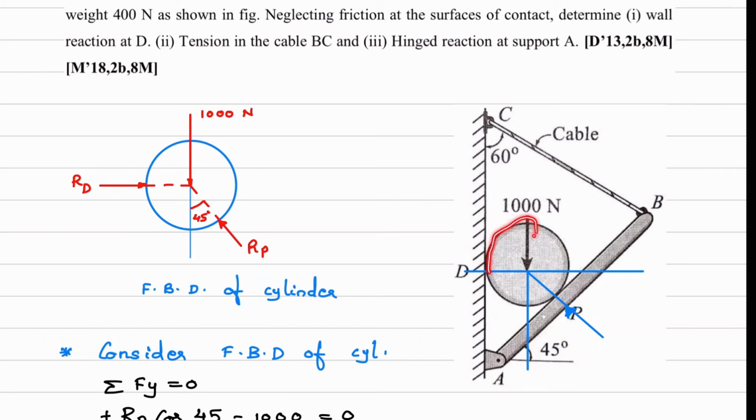Now to this cylinder, we have drawn 2 tangents. This is one tangent and this is the second tangent. And from this intersecting point A, if you draw a line joining the center, this angle will be bisected. So this total angle is 90, this angle is 45, this angle is 45, and when you join this part, this angle is bisected. So this angle will be 22.5 and this angle will be 22.5. So that we will draw in the FBD.